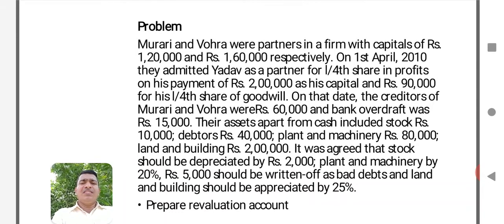The value of assets and liabilities are important for you, because when they say the value of asset is changed, for example, they may say the value of machinery at present is 50,000. Now you have to look at the value of machinery given in the balance sheet. In the balance sheet, if it is 60,000, now it is 50,000, means the value of machinery is reduced. Or they may say the value of machinery is 70,000. Then the old value is 60,000, now it is increased to 70,000. So 10,000 will be appreciation.